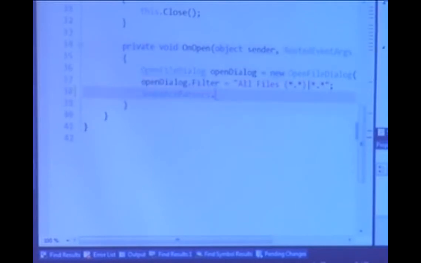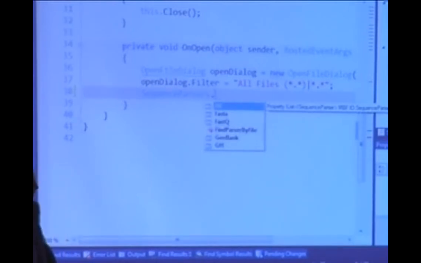It's an MBF.io. And notice what it has here is a static property called All, which, if you look at it, is an IList of ISequenceParsers. ISequenceParser is the underlying interface behind a parser. It's what you would typically implement if you were building your own parser. It also has specific static properties matching the built-in parsers.